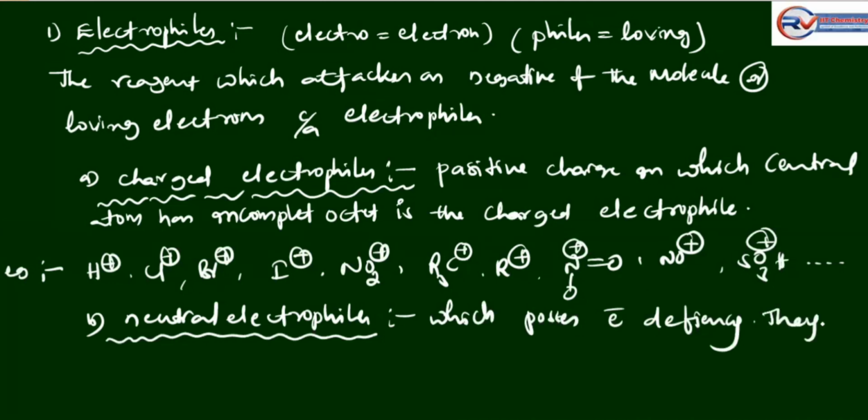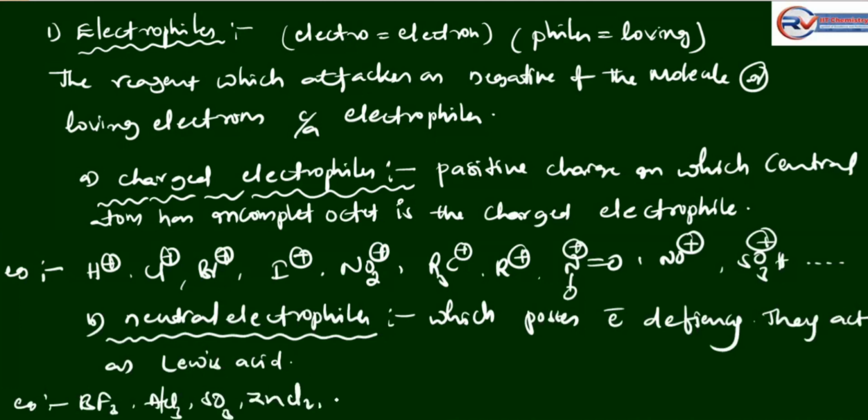They act as Lewis acids. Examples of neutral electrophiles: BF3, boron trifluoride, aluminium trichloride AlCl3, sulfur trioxide SO3,